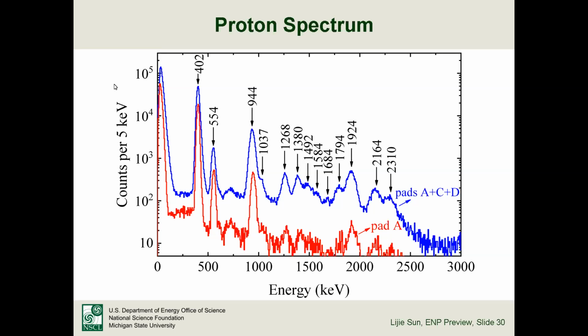This is the beta-delayed proton spectrum of silicon-25 measured by our proton detector. All 13 known proton peaks below 2.4 MeV are confirmed in our work, and a new proton peak at 724 keV is clearly identified here. So you can see the beta particle background in our proton spectrum is suppressed to as low as just 100